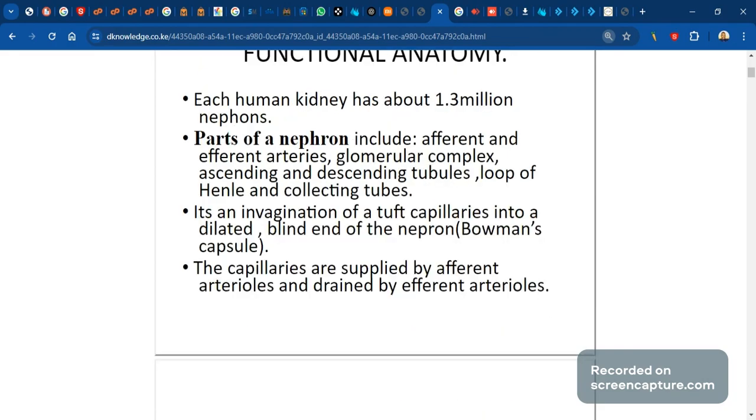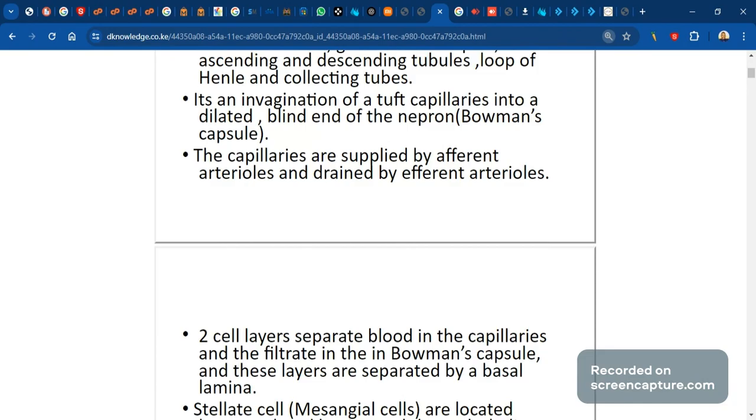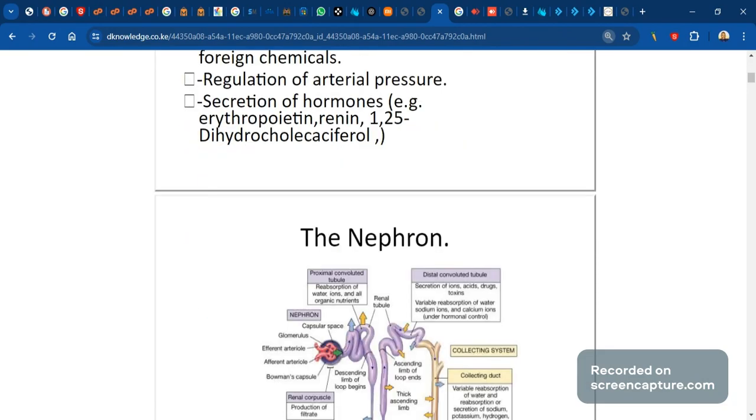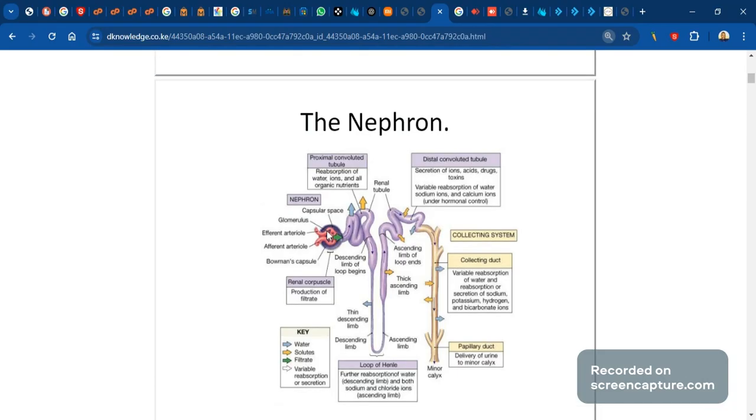The way I have told you, we have capillaries which bathe the Bowman's capsules. So this is the Bowman's capsule here. These arteries enter and bathe these Bowman's capsules, and they will have what we call ultrafiltration of compounds. Okay, proteins and red cells are large, so they cannot pass through the Bowman's capsule. The remaining ones, amino acids, the vitamins, the glucose, the urea, the creatinine, are going to be filtered and they will go to